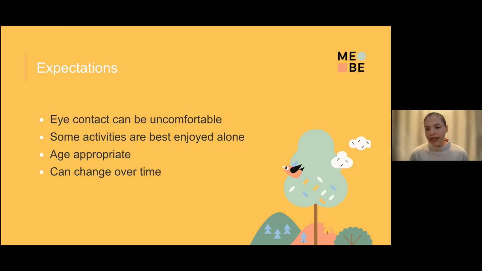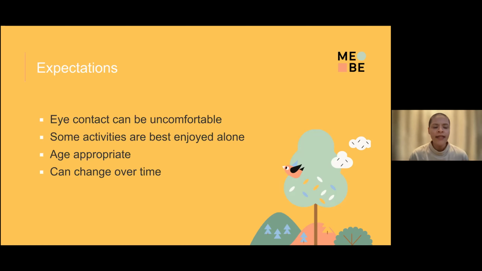Age appropriateness. We have this idea in mind of what activities are appropriate for different ages. But I really want to challenge you to think beyond ages, because within the autistic population there may be some specific interests or games that are preferred that are not necessarily age appropriate, but are really big interests for that specific person.